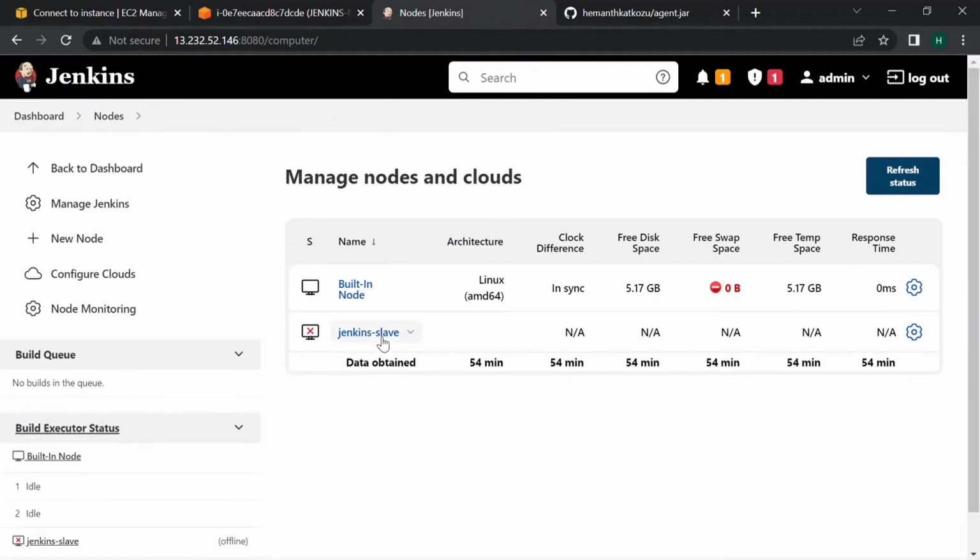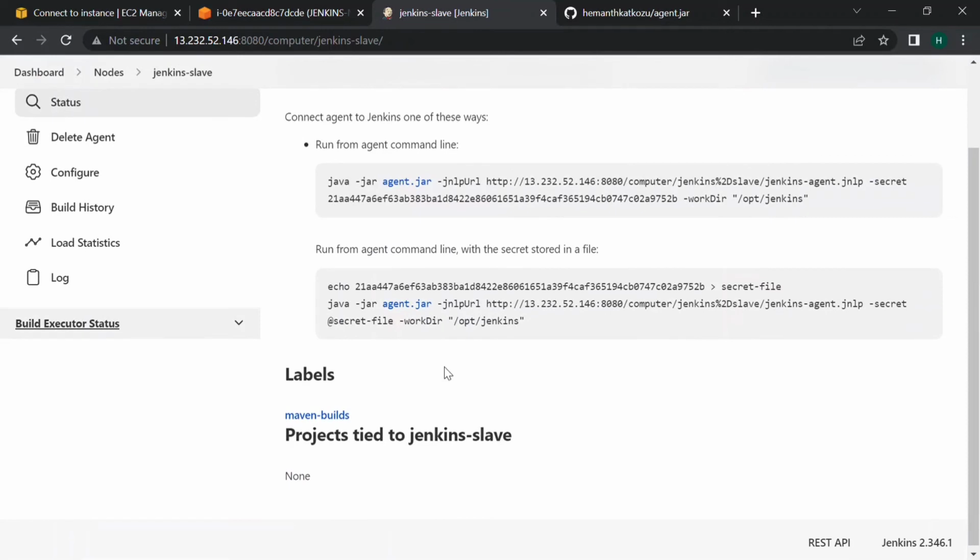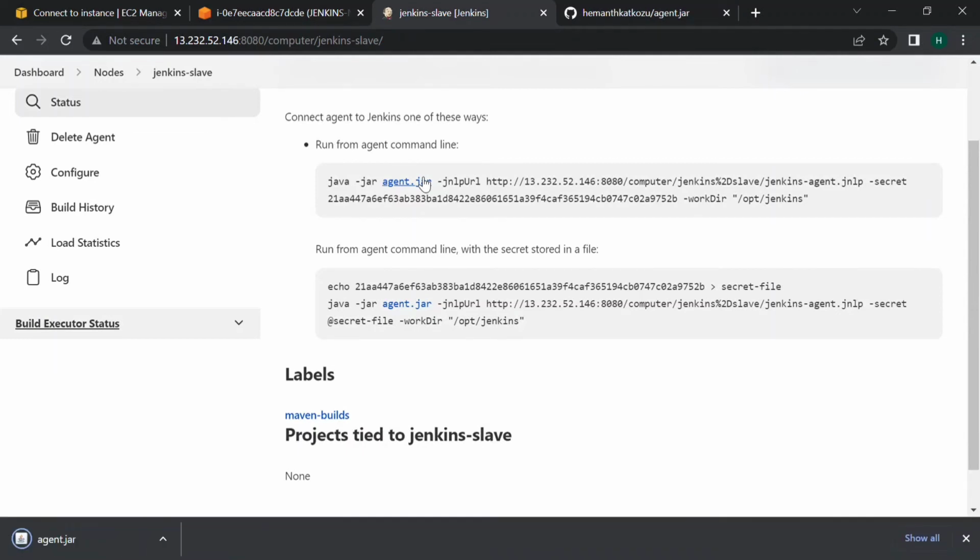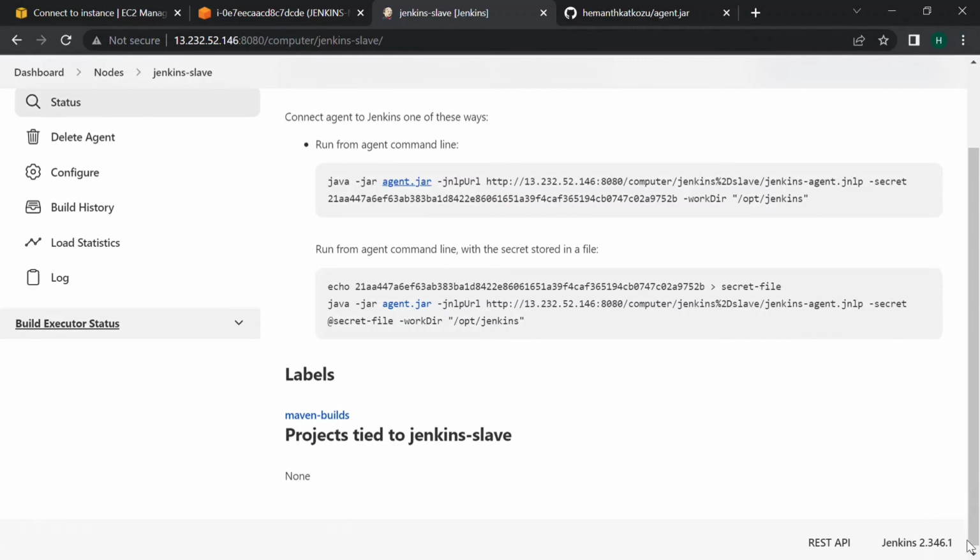And if we click on Jenkins slave now, we can find two options. Run from agent command line. Okay, agent.jar I've shown you just now. You can clone it from my repository, or else if you click here, it will get downloaded, and from your server you have to transfer it into your virtual machine. For that there are tools like FileZilla, where you can transfer your files from your local server to the virtual machine. Okay, to make it simple, I have uploaded it to my GitHub repo, so you can use that. Okay, and now run this command